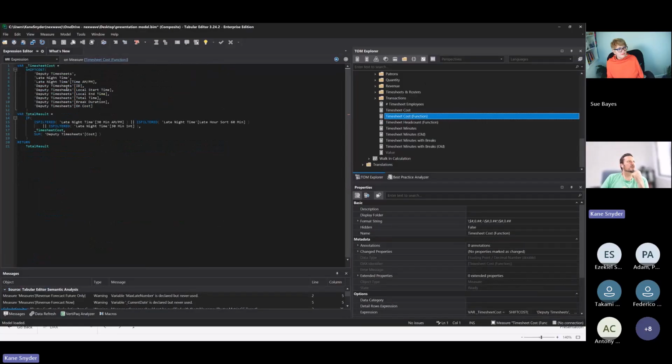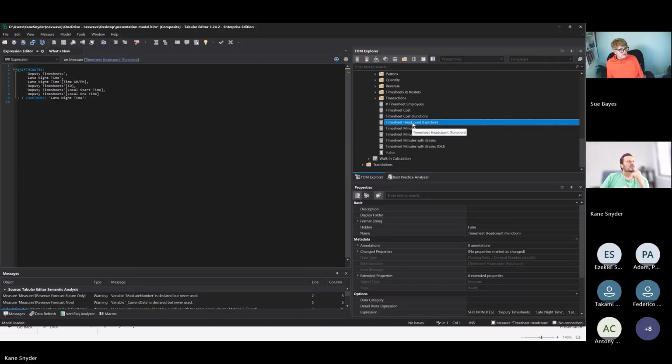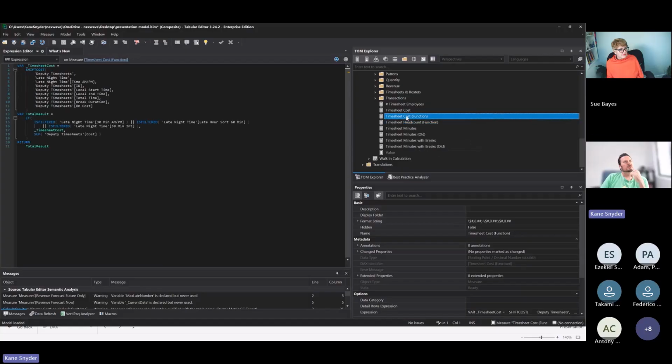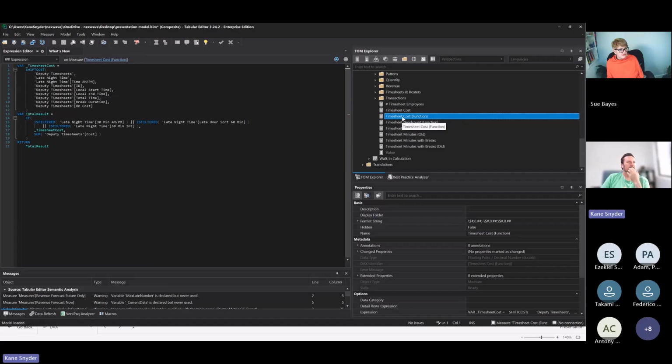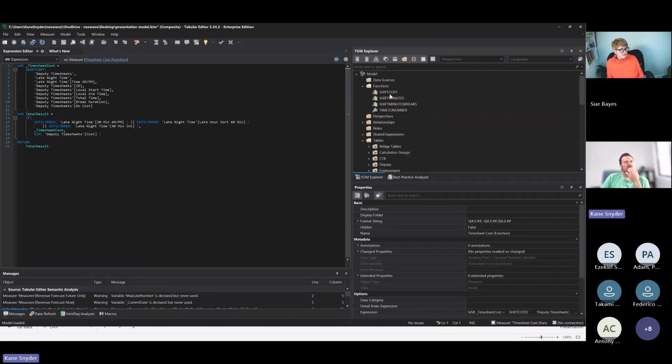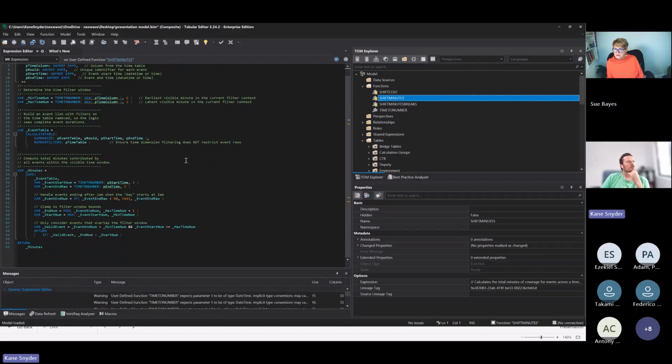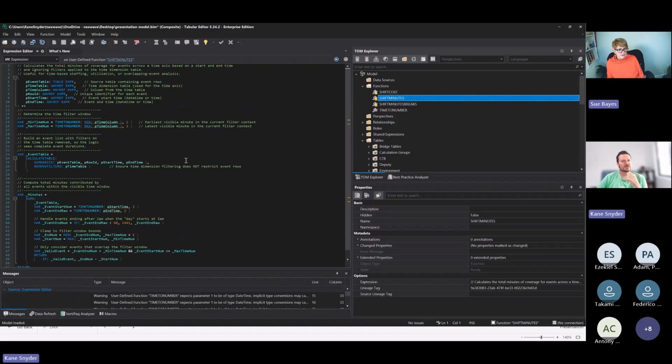So this would be the cost code. Still got my check to see if we need to use it by time, but you can just use your function with shift cost. And this was just the minutes, that was a head count. The minutes, you get the idea. So you can simplify the code quite a bit. And I guess I might look at publishing this minutes one to the UDF library, see if anyone else finds it useful.